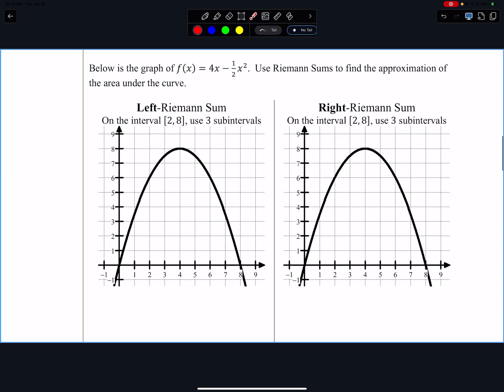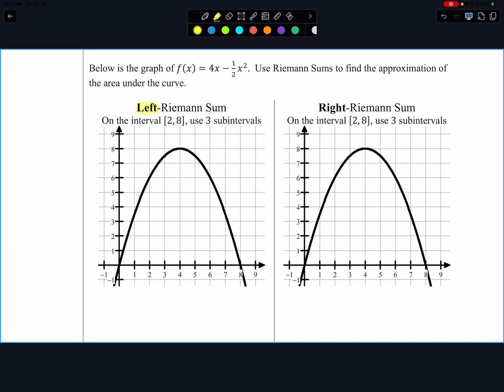It says below is the graph of f of x is equal to 4x minus 1/2 x squared. Use Riemann sums to find the approximation of the area under the curve. Okay, in about a week and a half to 2 weeks, you guys will actually learn how to find the exact area under the curve. So I don't want an exact area, so please don't Google what the area under the curve is of this, because then I won't trust you. I need you guys to approximate using the methods, okay? So we're gonna do a left sum and we're gonna do a right sum. So there's a difference between the two, so pay attention. If I wanna do a left sum,